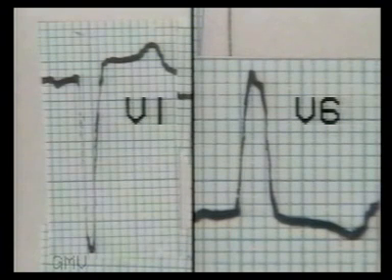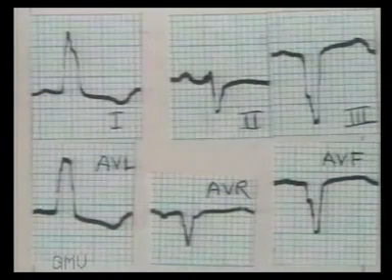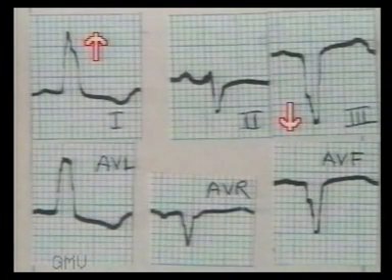Note in close-up view the broad and deep S wave in V1 and broad and slurred R wave in V6. In particular, note the absence of Q wave in V6, and note that the T waves are opposite in direction to the QRS complexes. Now let us see the limb leads. There is left axis deviation or left leaves pattern, and the changes of left sided leads V5 and V6 are also seen in 1 and AVL, which are basically left sided leads.